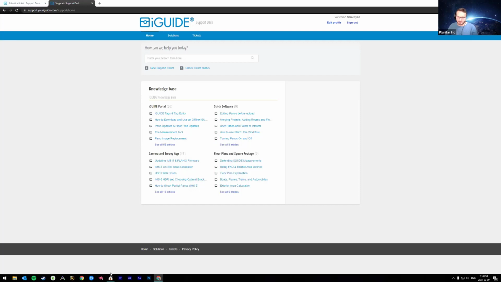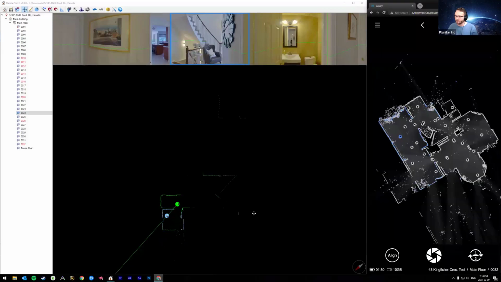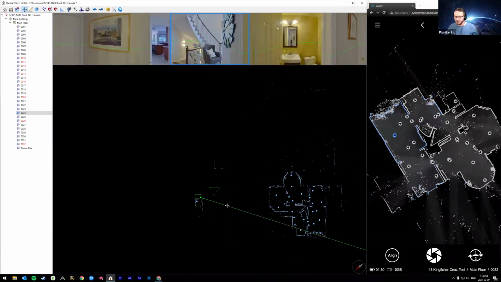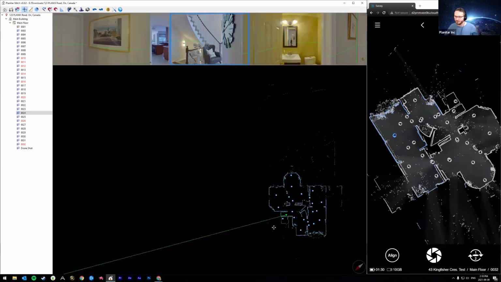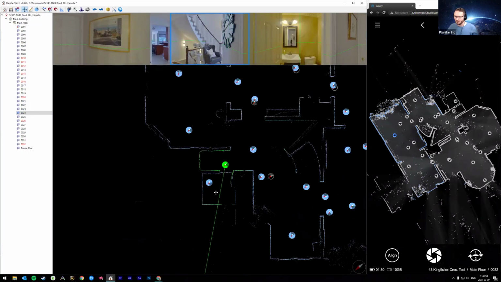Going on to some other missing data and how to avoid this. Typically, we do see missing panos from closets. And on an exterior wall, that becomes a problem. Let's try to undo this here. There we go. So say, for example,